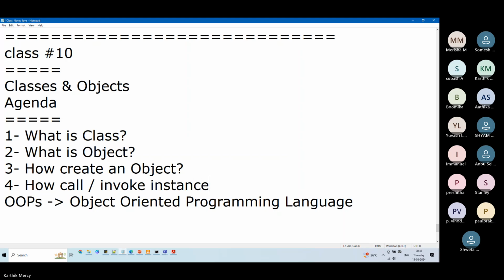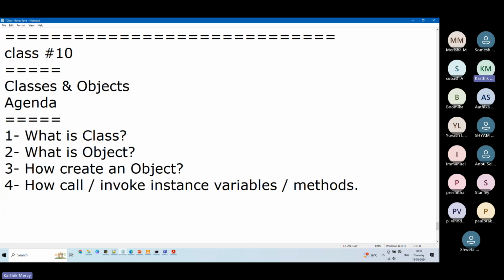instance variables or methods. Guys, we have spoken about static methods and static variables, static members. They are class-level members. But before I give you some theory, there are a few rules. There are 4 to 5 or 7 to 8 rules that I spoke about for static members. Similarly, there are rules for object or instance members. Anything that does not have static is called an instance method or instance variable. That is what I have already spoken to you about.